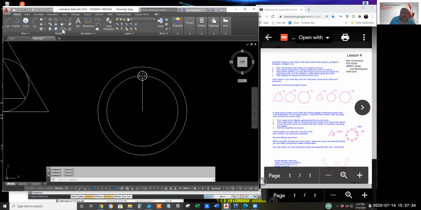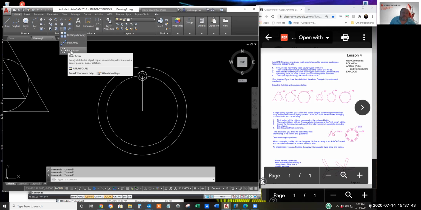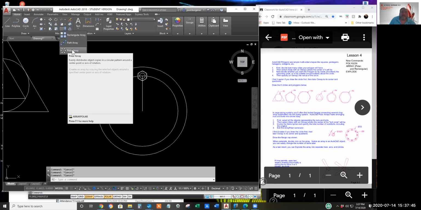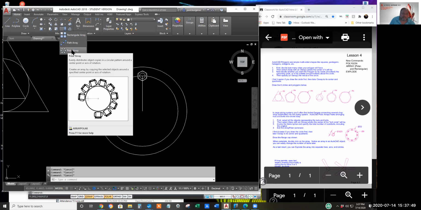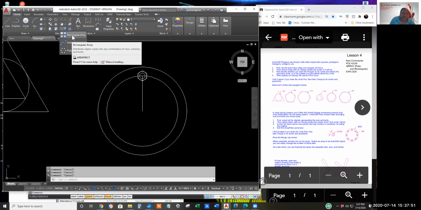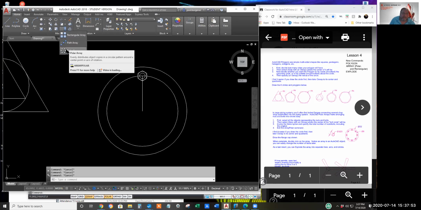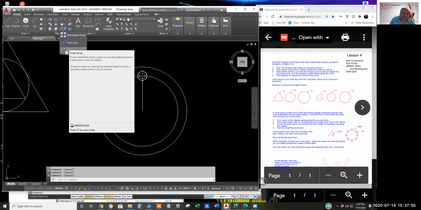Let's go to the polar array command. As I started out carelessly, polar array is on the modify panel of the home tab of the ribbon. Time permitting, we'll play with rectangular. Stay with the handout as much as possible.